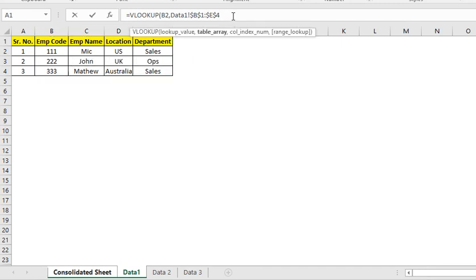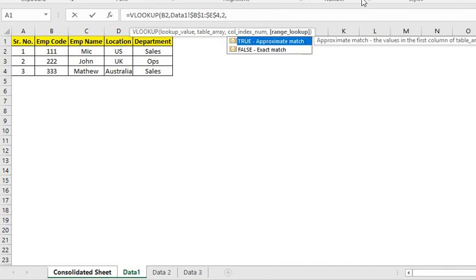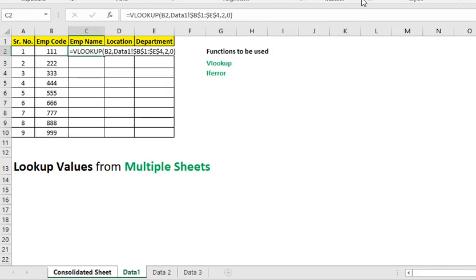Okay, now comma 2. Why? Because we need employee name. Employee name is in second position. First position is employee code, then employee name. If you want to get the location, then we will put 3 for location because it is in third position. Okay, we want employee name, so we will put 2, comma 0, or you can write false for exact match. Bracket close and enter. Now we will drag it down